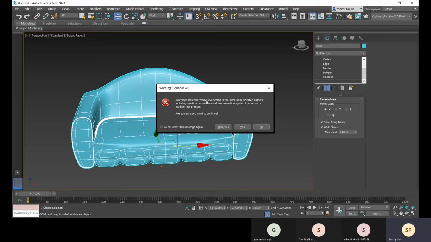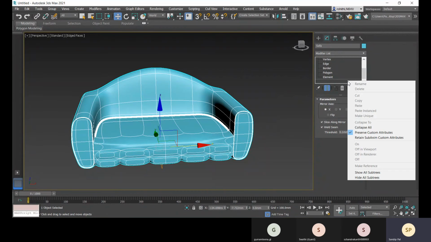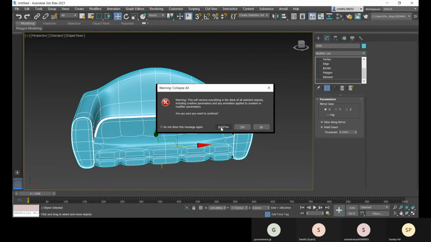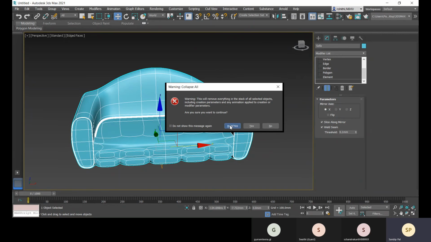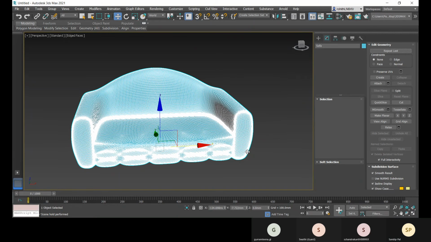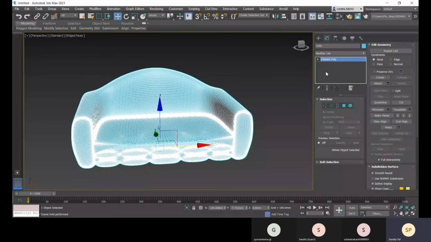This will remove everything in the stack of all selected objects. All these modify parameters will be deleted. You can click on no, so it will not be. Suppose you have made a mistake, click on hold and yes. So that is there and you can still edit it as an editable poly.